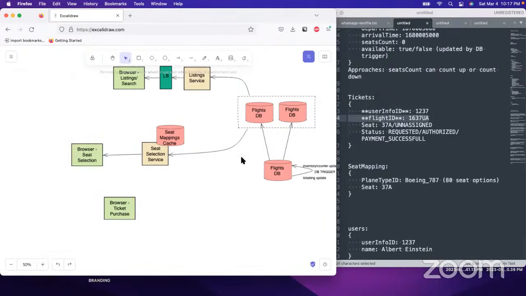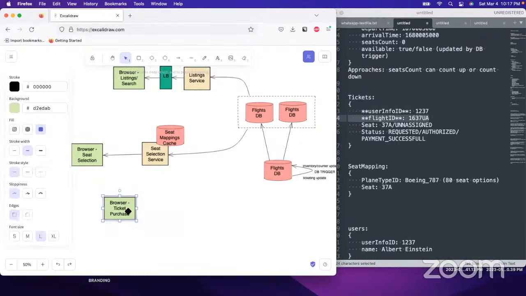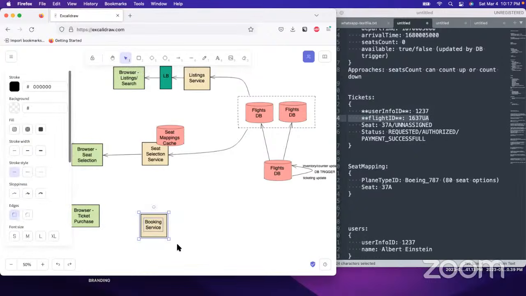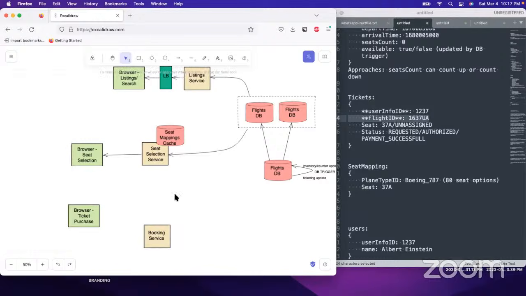Okay, and we also want to have our booking service. That one is going to do a bunch of stuff. You're going to want an idempotency key, because we're going to have some nasty partial failure scenarios possibly. So you would want an idempotency key that would come off of, like when you're loading up the page, you might request it off of